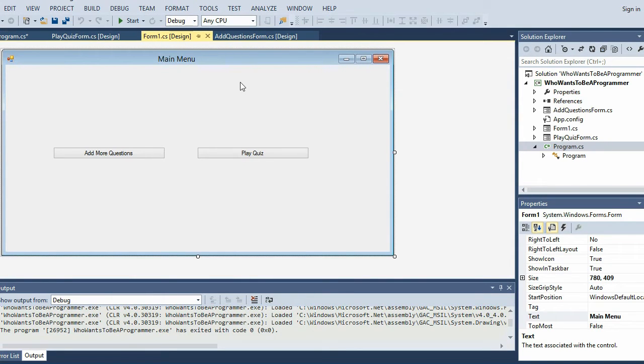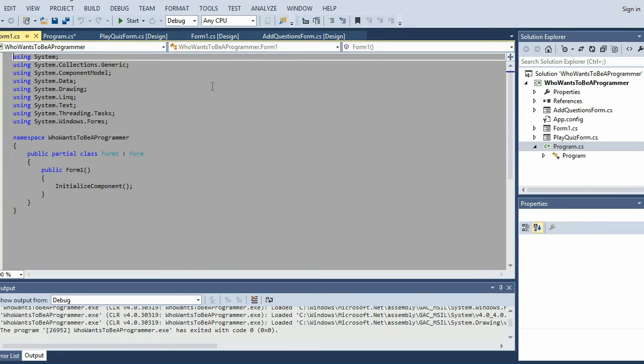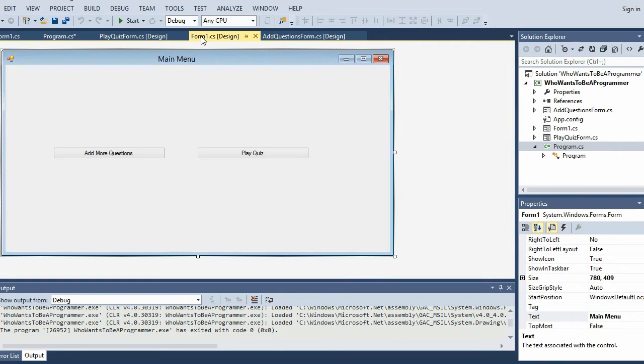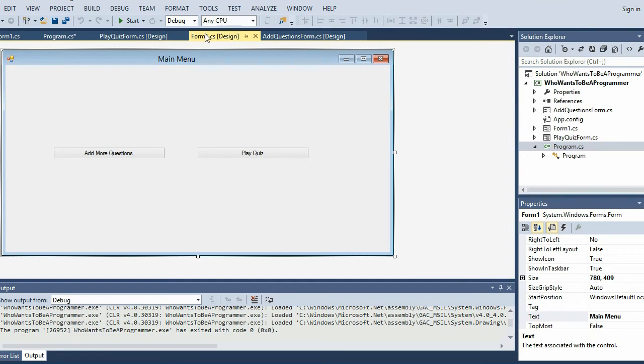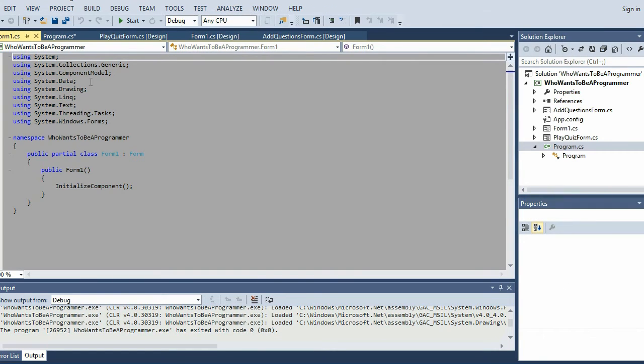Okay, now I'll show you how you're going to display the code. Remember, you right click and you click on view code. Okay, good. Now in your code, remember, this is the code where what happens in your form 1 view. Okay, let's link this button. So select this from 1.cs. Remember, this is the design view, this is the code view, or whatever you want to call it. We want to write the code here. However, I remembered the easiest way to